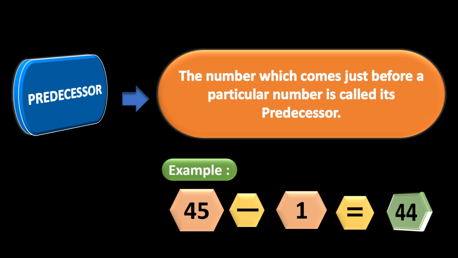When we take away 1 from 45, the number obtained is called the predecessor of 45. So what can you say? 44 is before 45. Predecessor means the before number of 45. How can you get the before number? By subtracting with 1. You take away 1 and you get the predecessor of the number. As you have followed the example, in today's exercise, let us solve the predecessor problems.